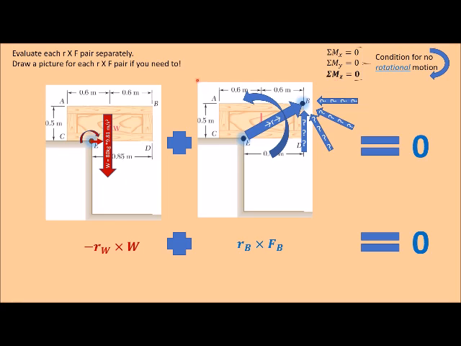So in two-dimensional problems, what it's rotating around is the z-axis coming out of the board. So we're really paying attention to what's happening in the z direction. And if we add together this combination, so the weight is trying to rotate it around that z-axis, and our force up here at B is also going to be rotating it around the z-axis. So we're going to add everything in the z direction, everything that's rotating around the z-axis, and pay attention to